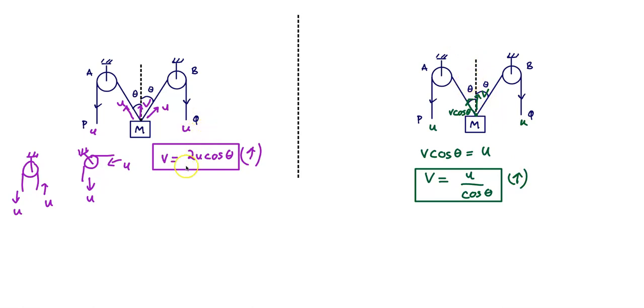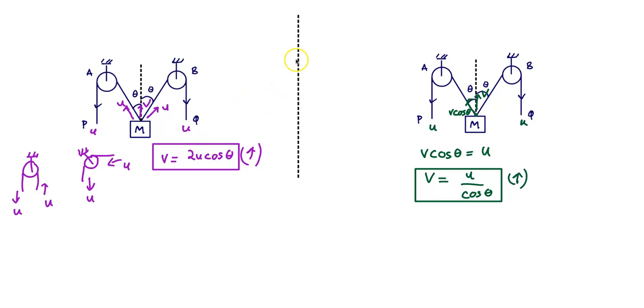Wait a minute. So we got 2u cos theta in the previous case and u by cos theta in this case. Which one of these is correct? I really encourage you to pause the video here and think about this, and assuming you're done pausing and are done thinking about this,